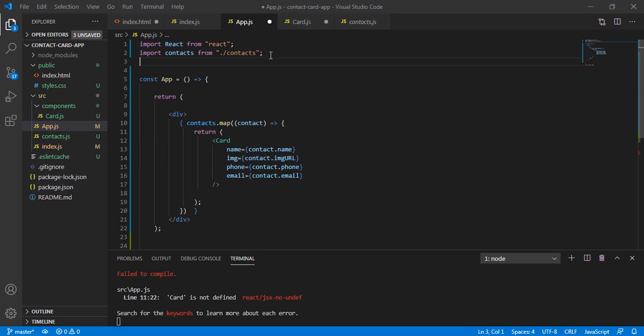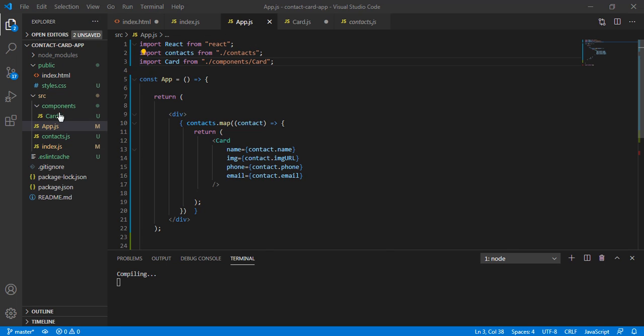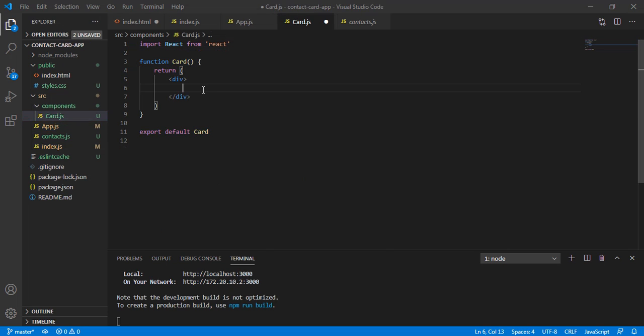So let's import it first. Import card from dot slash components slash card. This way we include it, and right now it is not going to show any error. But let's just say something, like, hey, from card file. Yeah, okay guys. So right now you can see